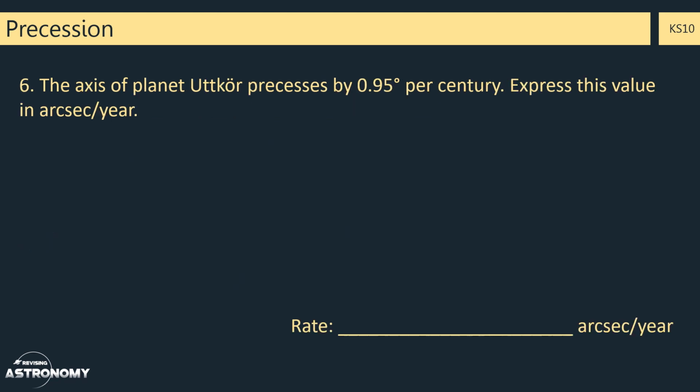The axis of planet Utkor precesses by 0.95 degrees per century. Express this value in arcsecs per year. So again, we've got degrees and time. So our degrees is 0.95 in 100 years. So we will firstly change that into 1 year. So we know we need to divide by 100 to get rid of that. So then that means it's 0.0095 degrees per year. And then we need to convert our